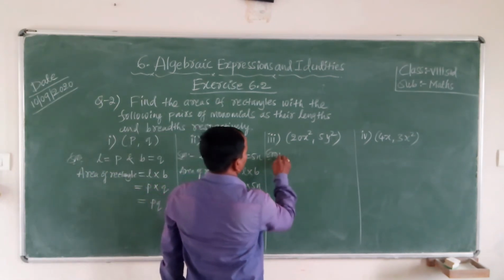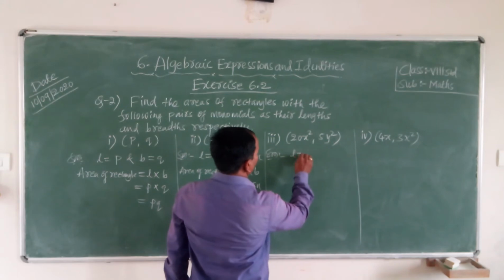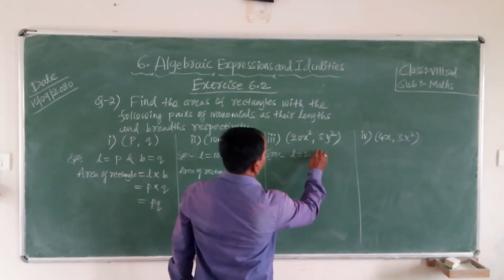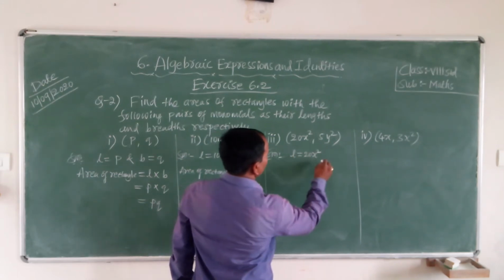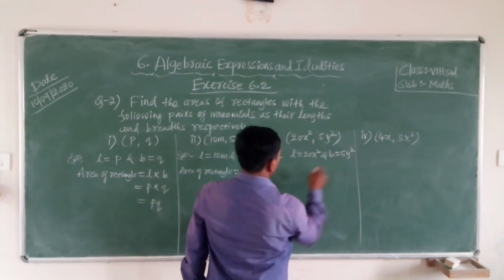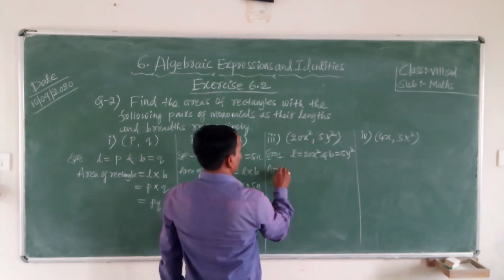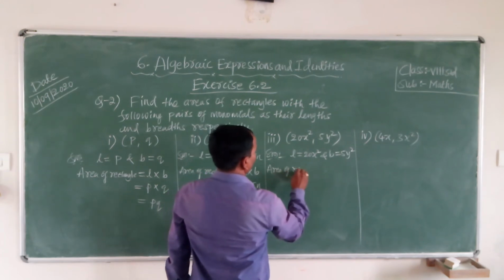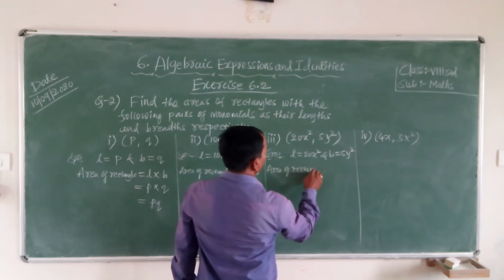Sulochana. Next, third one. So length is equal to 20x square and breadth is equal to 5y square. So area of rectangle formula, area of